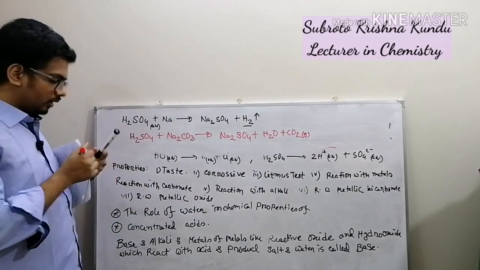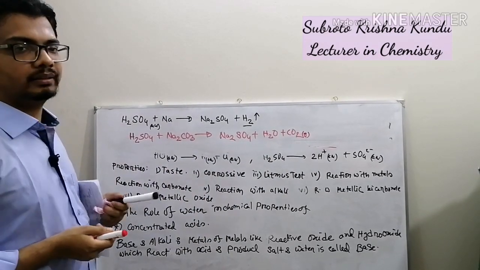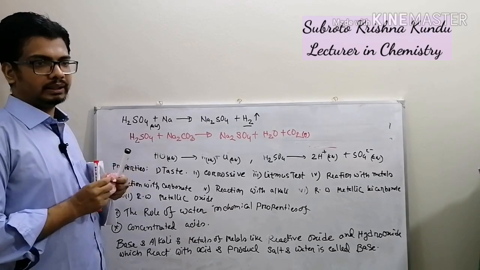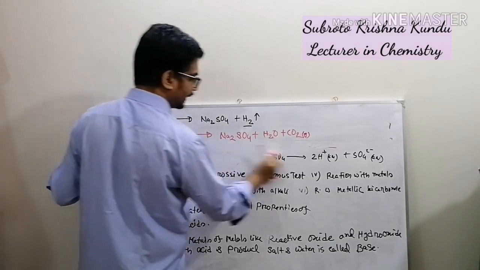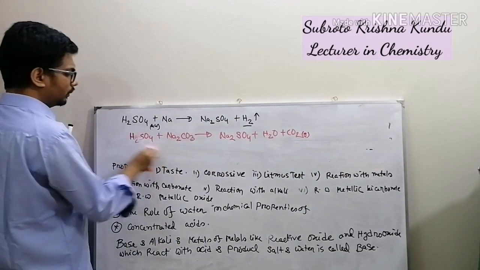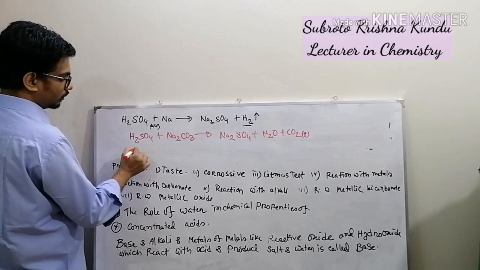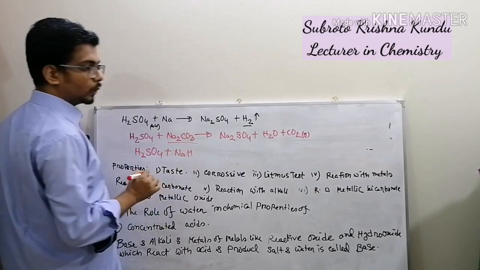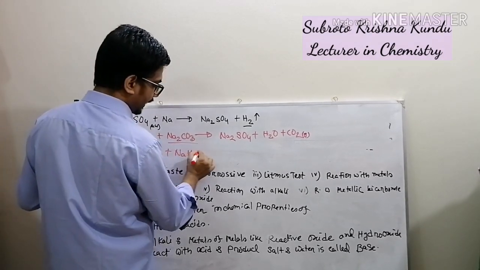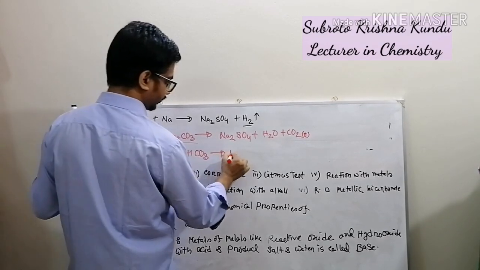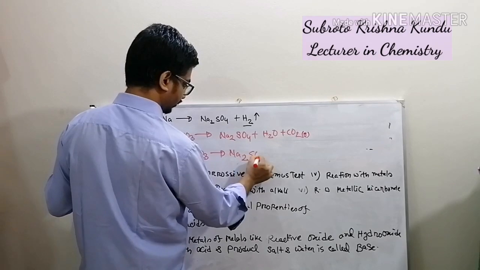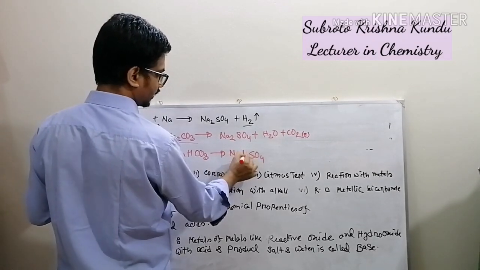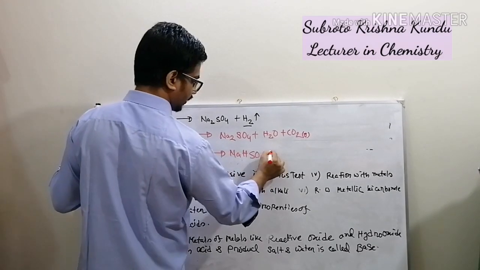It is an identical property of acid that it reacts with carbonate and it will produce carbon dioxide, water and salt. When it reacts with bicarbonate, it will also produce salt, water and carbon dioxide. It is called sodium carbonate and it is called sodium bicarbonate. Sodium bisulfate, we will produce sodium bisulfate plus